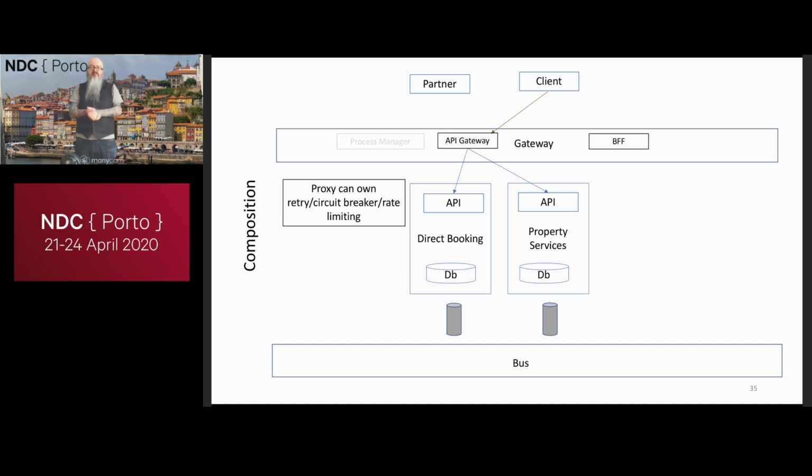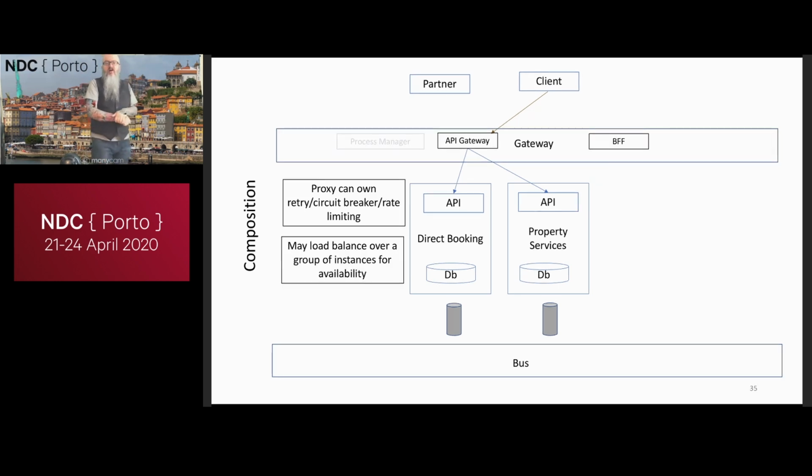And I can do things like do a retry. I can circuit break basically to stop going to things that are bad for a temporary period. And maybe when I do that, I can serve cached results because maybe the hotel bookings haven't changed fast enough that I have to worry about that. I can rate limit here. I can say effectively I'm getting too many requests because everyone wants to travel to Porto. So I'm going to tell my clients to slow down with the requests I'm receiving. And I can load balance at this layer across a range of available instances.